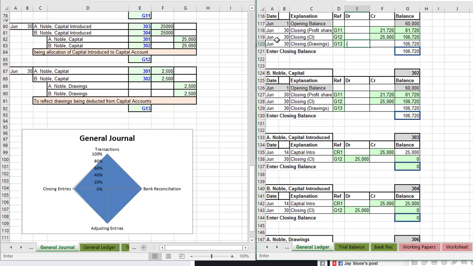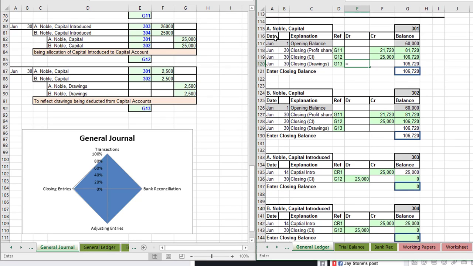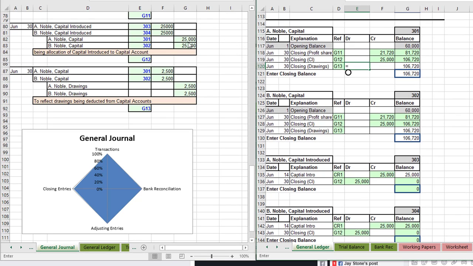Equals A Noble Capital. I've done that under the drawings. A Noble Capital, B Noble Capital,